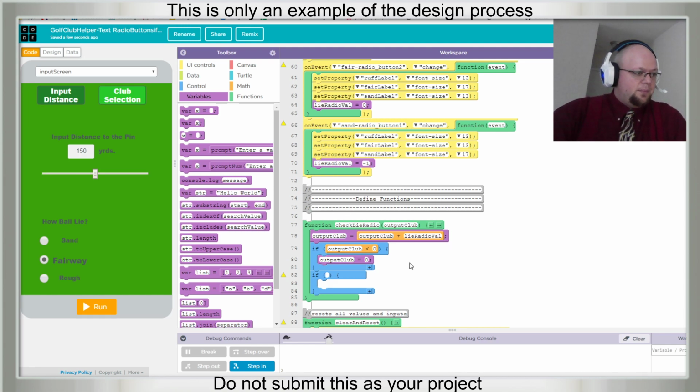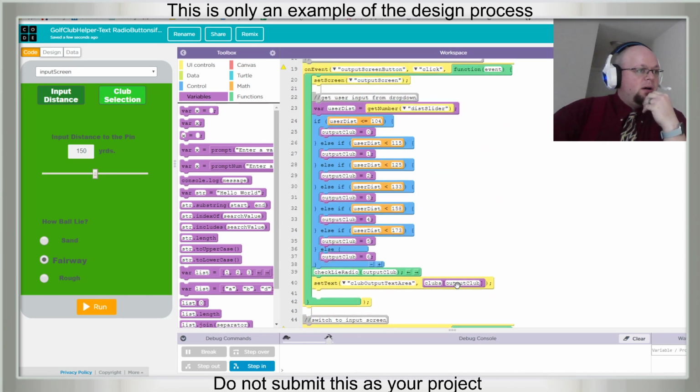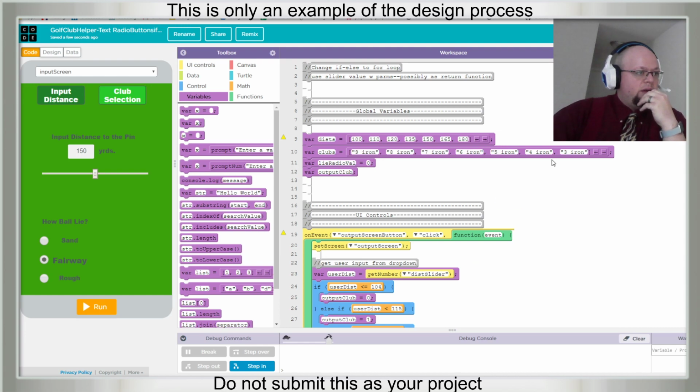And then we need to see if it is above the length. Remember, the last item in a list is the name of the list dot length. The name of the list dot length here is 7, but we're checking to see if it's past the last one, and the last one is not clubs.length, it's clubs.length minus 1.